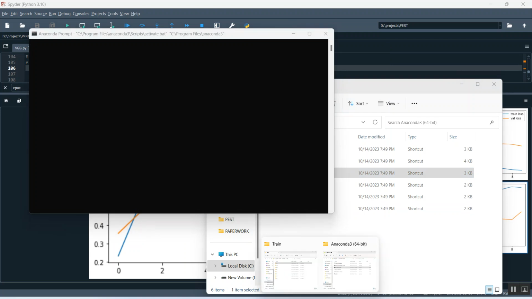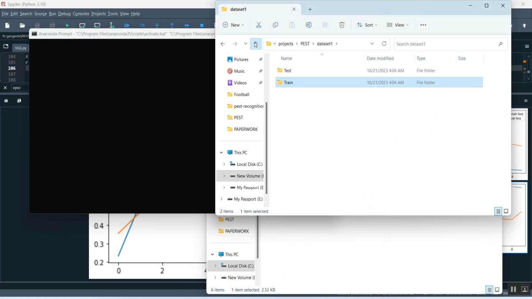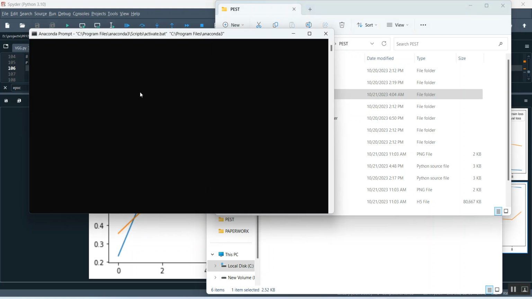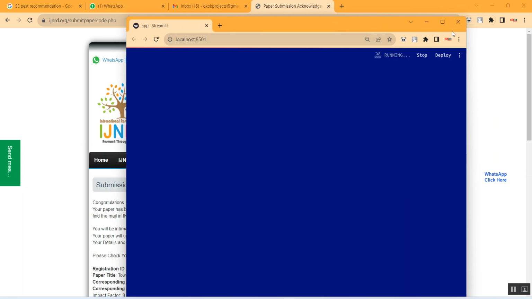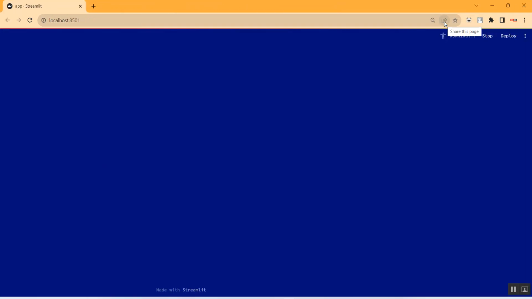We have to copy the path of the project. So the Streamlit app will open.